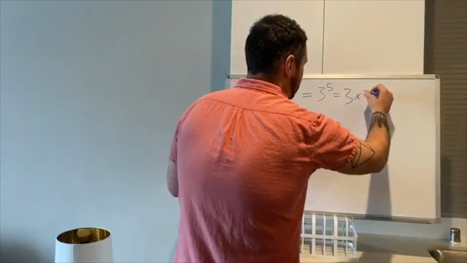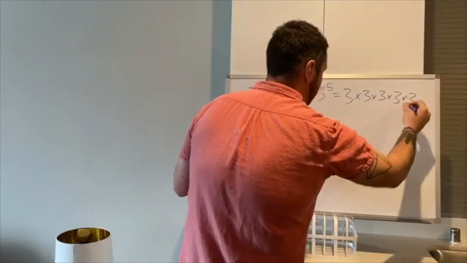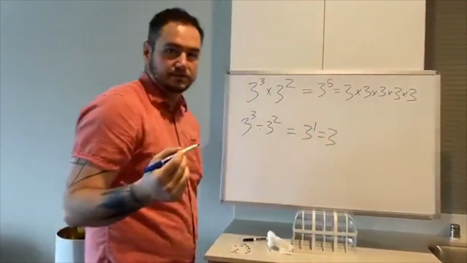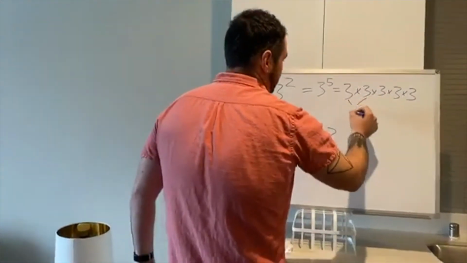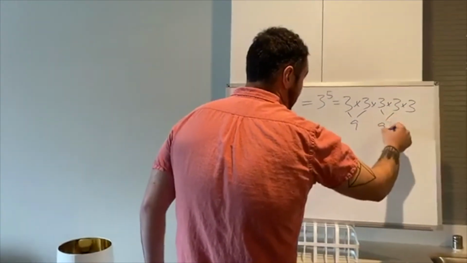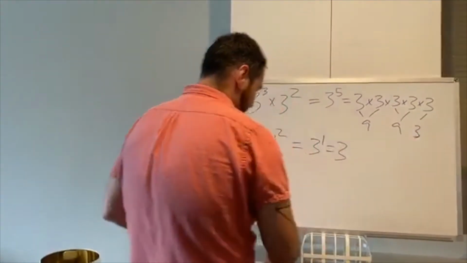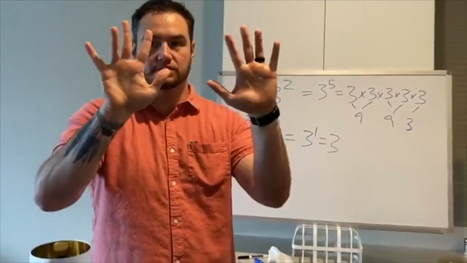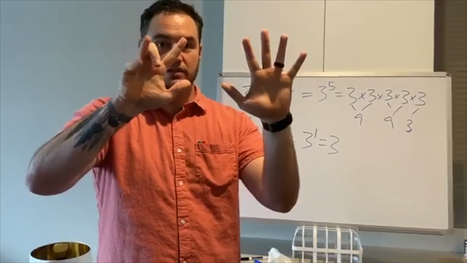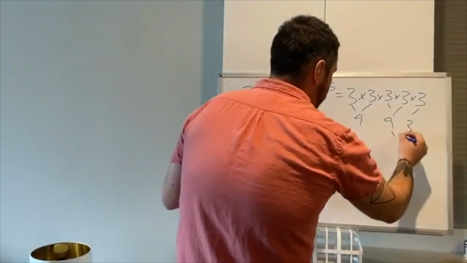3 times 3 times 3 times 3 times 3. So I like to use kind of like an inverted Christmas tree looking thing. So 3 squared is 9, 3 squared is 9, and we just bring that 3 down. 9 times 3, we've done our 9s trick before, so we know 9 times 3, we count over 3, 1, 2, 3, and so it's 27, 27. So this becomes 27